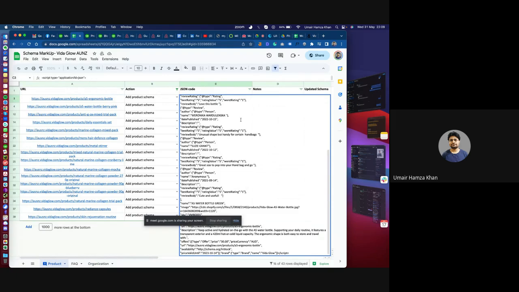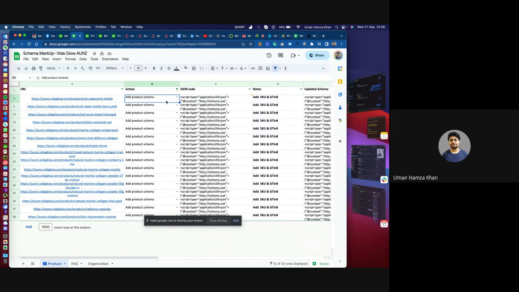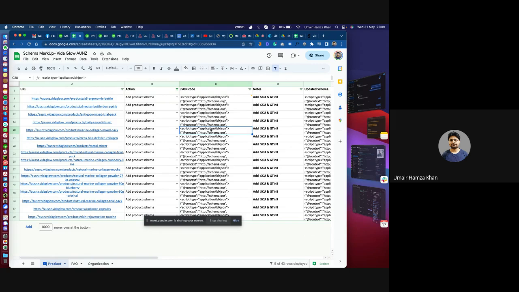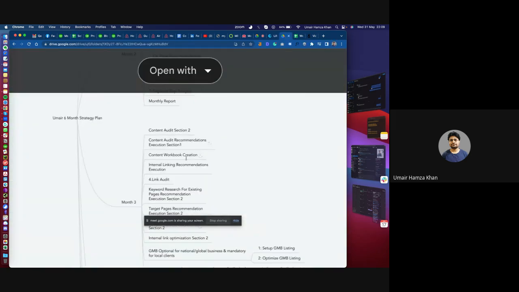so this is how I update the schema, which helps the crawler understand what is actually located on the site, and it helps us get some snippets for products. Yeah. So this is how it usually works in a step-by-step process, and we also do some content audit